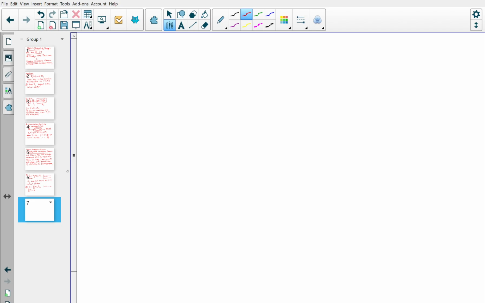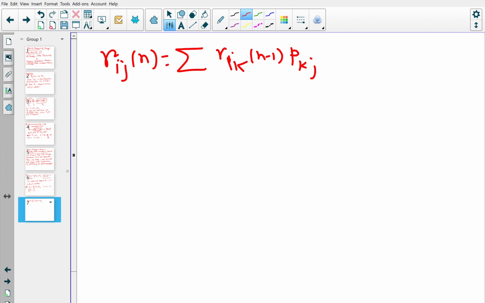You know that this is the n-step transition probability, so you can write it down in terms of, this is only the Chapman-Kolmogorov: r ij of n equals the sum of r ik of n minus 1 times p kj, k equal to 1 to m. So this is the Chapman-Kolmogorov